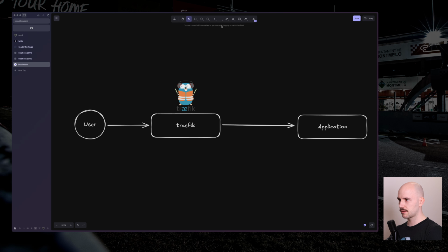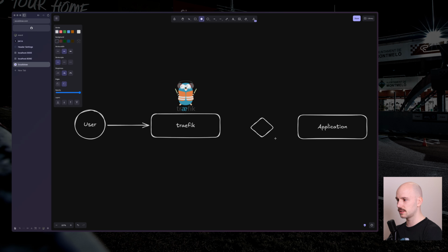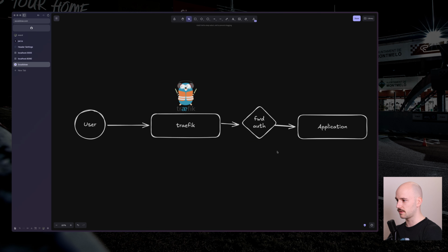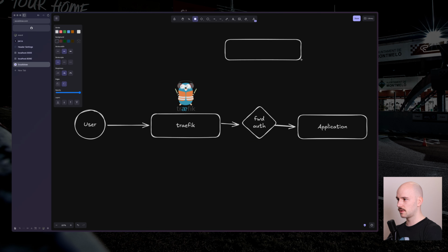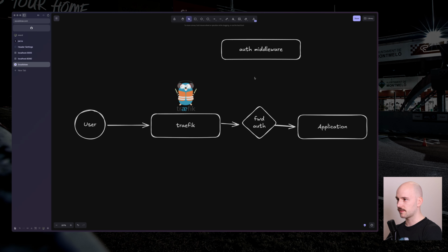Now, introducing the auth middleware. The auth middleware is going to intercept the request and is forwarding it, hence the name forward auth, surprise, surprise, to whatever we define as a handler, as an application. We will just call this auth middleware for now. And this auth middleware is going to handle our request, and decide based on the contents of the request